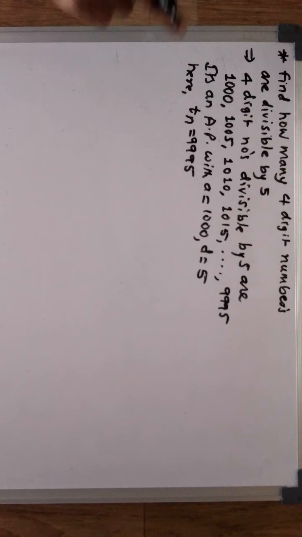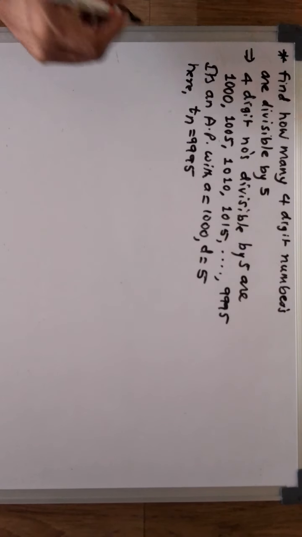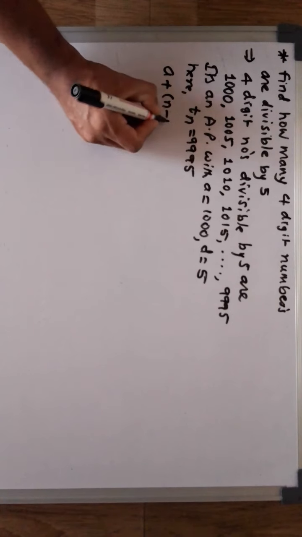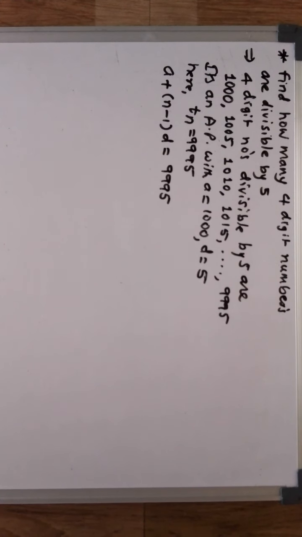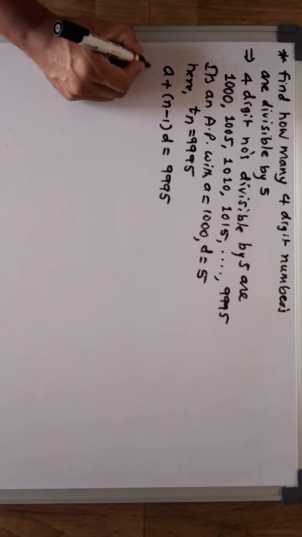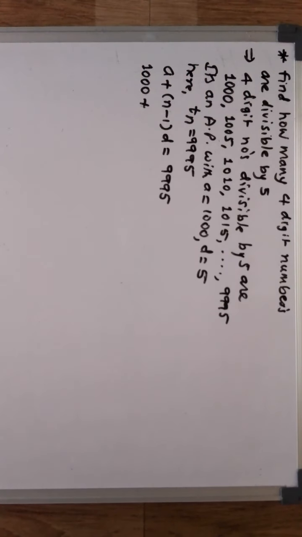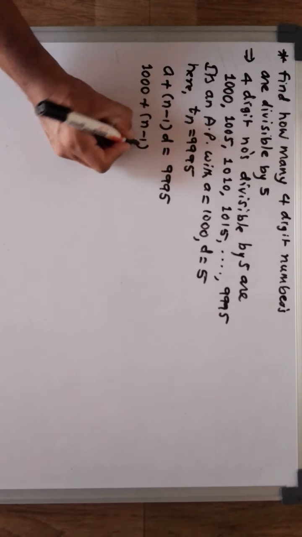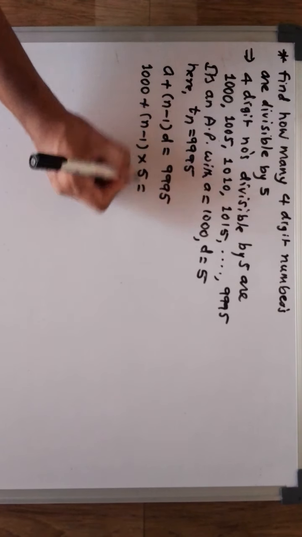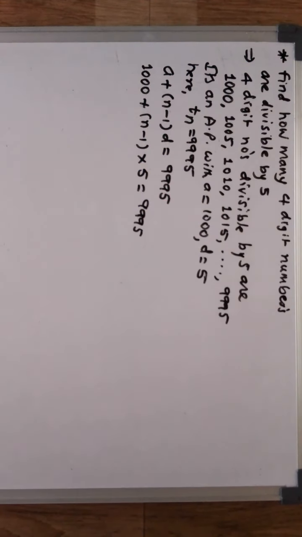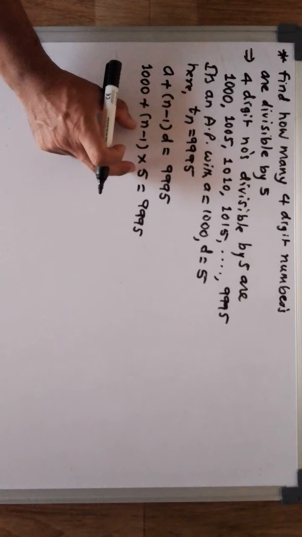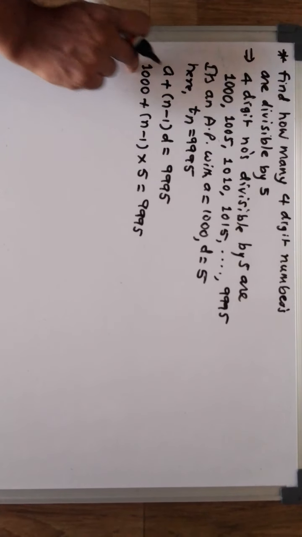Okay. Now this Tn already has its own formula. Write it: a plus n minus 1 d is 9995. Now this a is 1000, n I do not know, and d I know to be 5, so I put a multiplication mark. Already 9995. Now I told you what to do first. This 5 is attached with this, so it will not come first. First this will break, so this will go to that side.